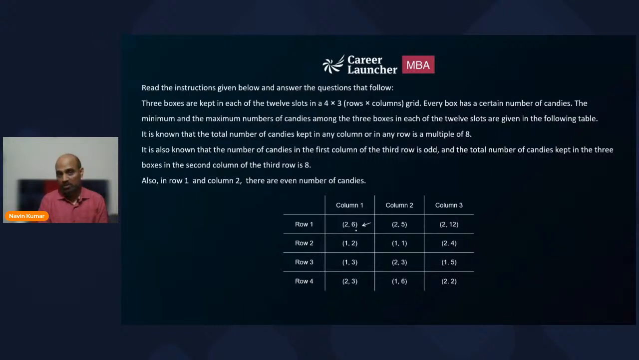In the 2 boxes that we now know, the third box may have any number of candies. It may have 2, 3, 4, 5, 6. It may have any number of candies from there. So this gives us the minimum and the maximum number of candies in 2 boxes, and the third box is a range. Please do remember that there are 3 boxes in each cell, as in there are going to be 3 numbers